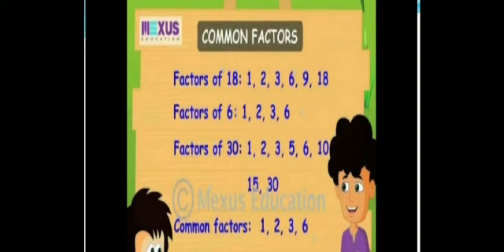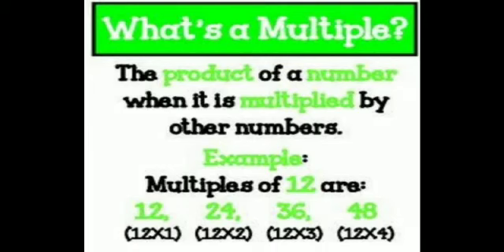So our next topic is multiples. You all know about multiples already, right? Because you all know the tables. So multiples means tables. Multiples of a number are the numbers which come in the table of that particular number. For example, if we talk about the number 3, so 3, 6, 9, 12, 15, 18, all these numbers come in the table of 3. So all these numbers are the multiples of 3.